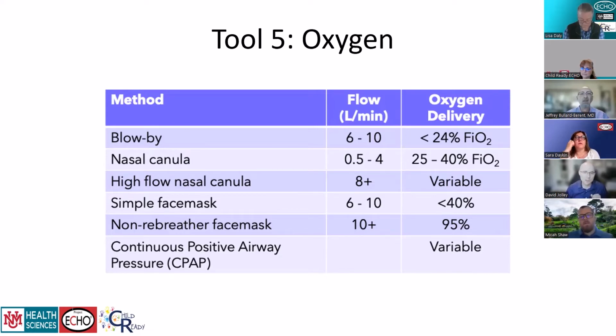Even with 4 liters per minute, you're only delivering about 40% oxygen because when they breathe in, they're still getting a lot of room air. If you go 2 more lines down, you see simple face mask, which in order to be effective is used between 6 and 10 liters. And with a simple face mask, your oxygen delivery at 10 liters is about 40%. So while yes, you've gone from 4 liters to 10 liters on the tank, if you went from a nasal cannula to a simple face mask, it's actually a lateral move, even though you're trying to deliver so much more oxygen, they're not actually getting that much more oxygen,